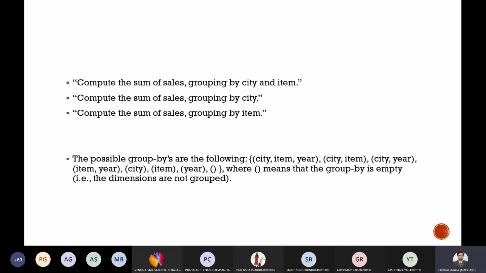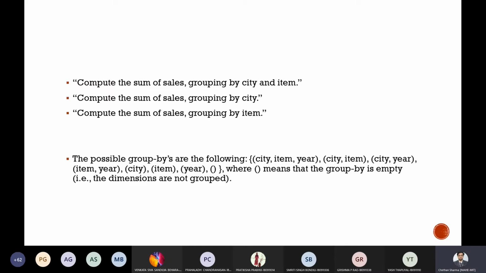In such a database, you will be able to analyze queries such as: compute the sum of sales grouped by city and item, compute the sales with respect to city, compute the sales with respect to item. But if someone asks what is the total number of cuboids or group bys that can be computed for such a data cube,